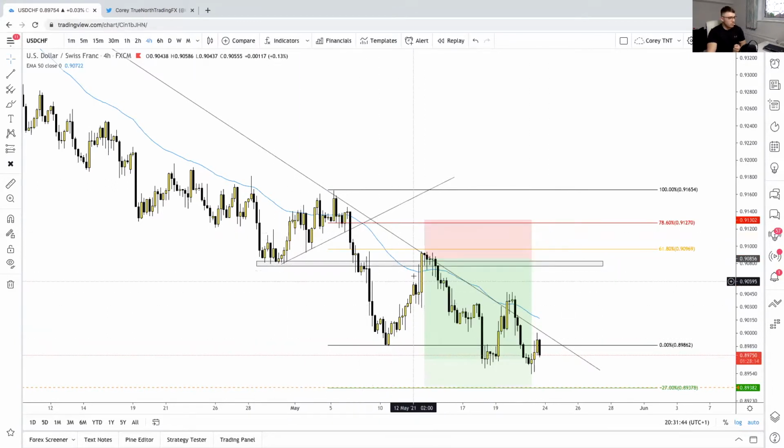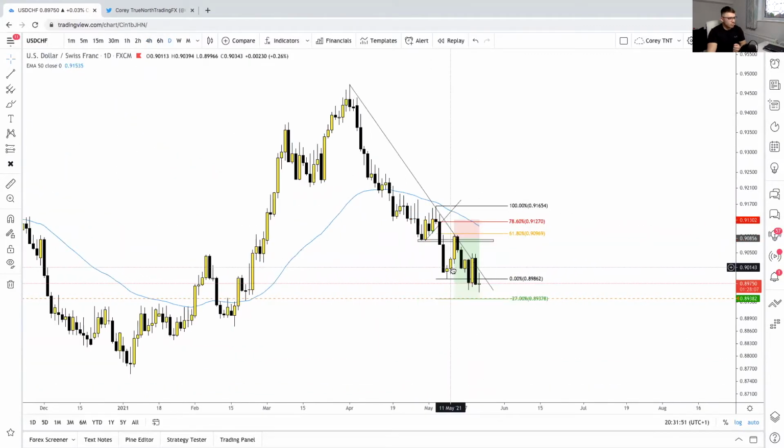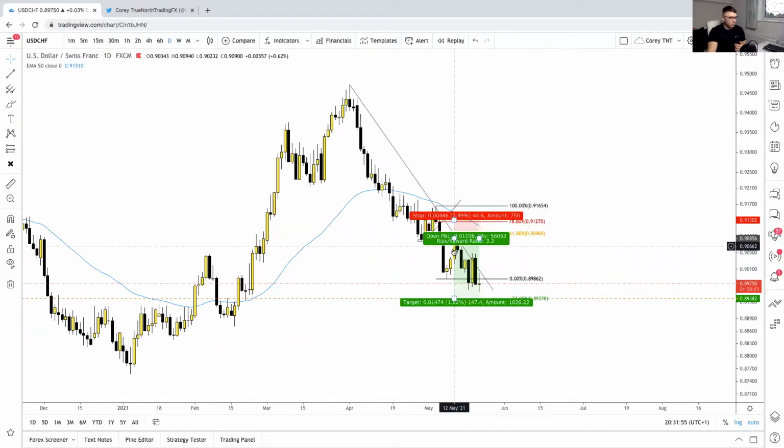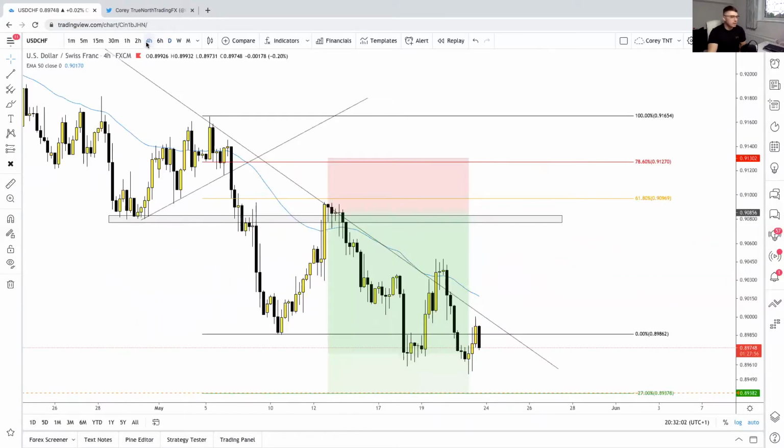So again, we got a big push up, and it was a very bullish day actually on the daily. We was getting nice small daily candles, which was giving me confidence that we might finally get there. And then we did get a very bullish daily candle. So it was quite risky. I'd say it was a bit of a risky trade to take because